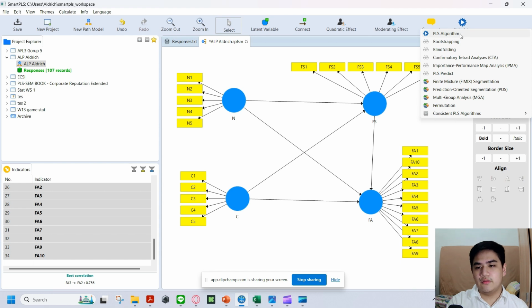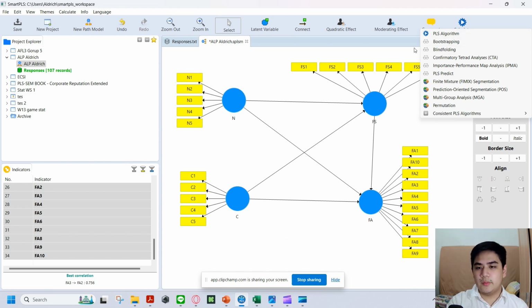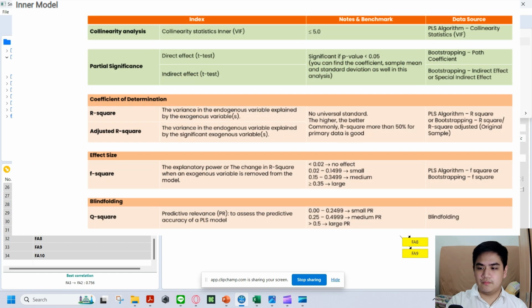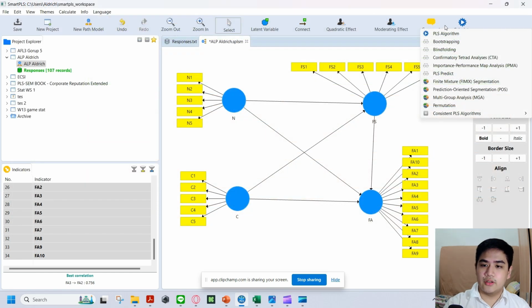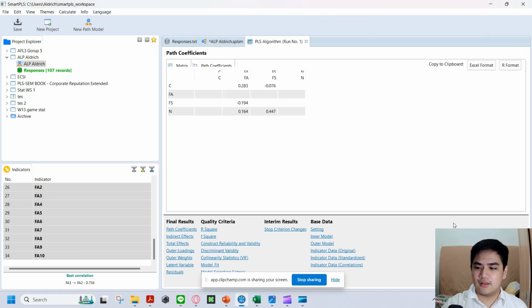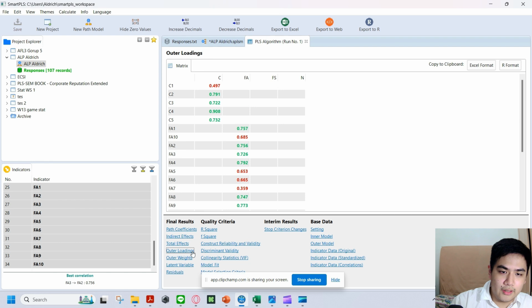We'll be using 3: PLS algorithm, bootstrapping, and blindfolding. PLS algorithm will be for the outer model, while the bootstrapping and blindfolding will be for the inner model. First, we can go ahead to PLS algorithm. Okay, for the basic settings, we can just use the default. We can start calculations. Now we can see the path coefficients, but we'll be looking at the outer loadings or